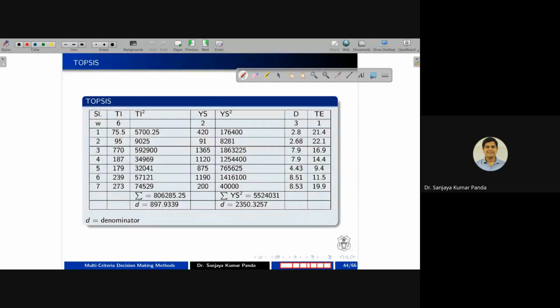So let me show you. Yes, this we have already got 2350. Okay, we have calculated the sum of all ys, and we have calculated root over of summation of ys square, that we are getting 2350. Okay. Now